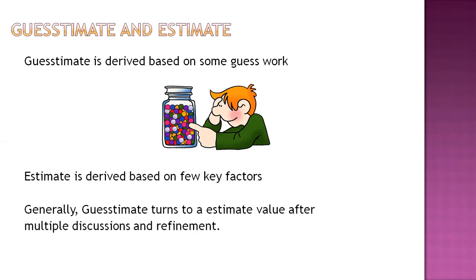So to turn the guesstimate into an estimate, we need to do more refinement sessions, more brainstorming sessions, because initially we ourselves don't know what things we are going to pick, whether it is feasible or not feasible, technically possible, whatever challenges we have. We need to brainstorm more and more. So with the help of brainstorming sessions and more and more refinement sessions, we will get to a stage where we will be able to turn our guesstimate into an estimate. Okay. So now we know where the guesstimate comes into the picture and when the estimate will start.